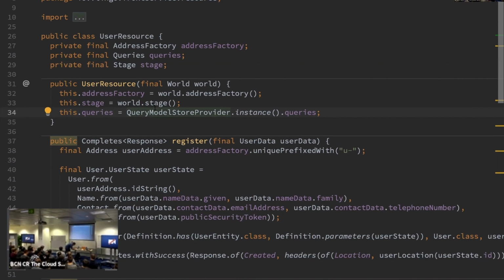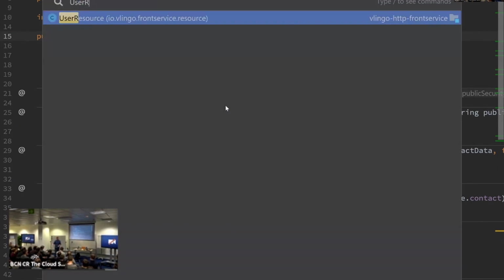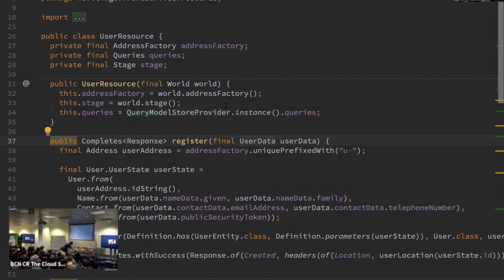So basically, let's say you want to create some actor in the system, which is basically to register a user, which has the name data, like family name, and some contact data. Okay, so this is how we create an actor.